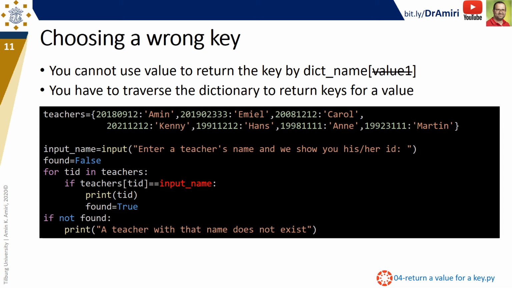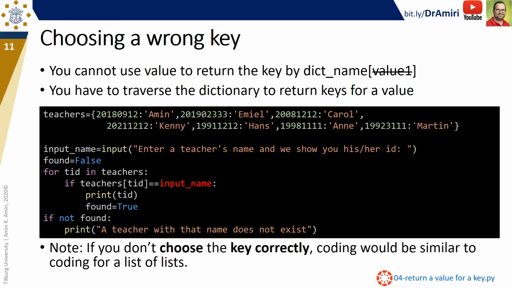What happens if you provide a wrong key? If you misplace keys and values, as you can see here, if you want to retrieve the teacher ID using a teacher's name, you have to write code as complex as what you see here. And this code is exactly like the code that you created for the list of lists in exercise 0. So you see there is no point in creating a dictionary if you choose a wrong key. It would be